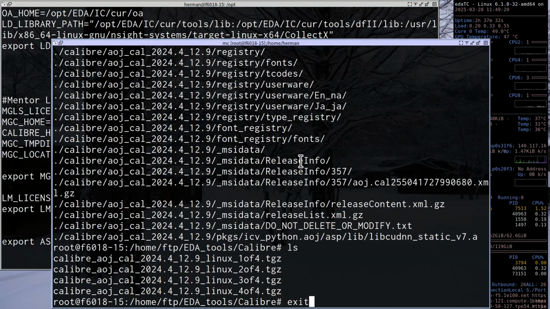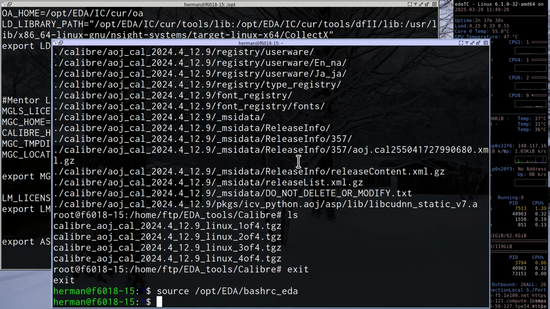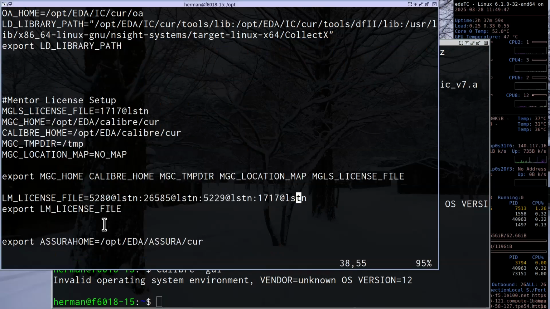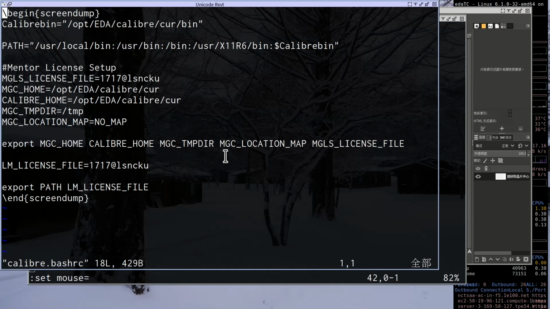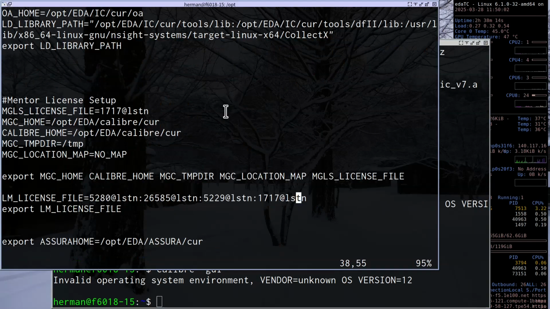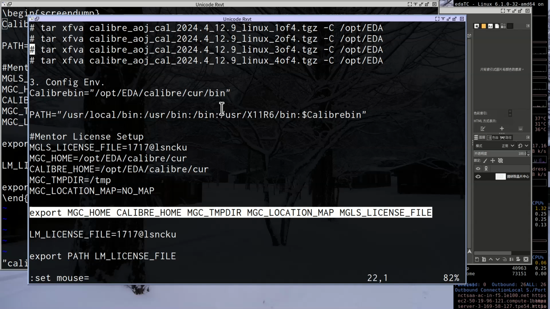Then, okay. Source OPT EDA base CRC EDA, Calibre -GUI. Okay, it shows you the embedded operating system error, right? Because it didn't recognize this environment. So what should we do? It didn't recognize your operating system. Okay, I will stop here because this is the configuring part.